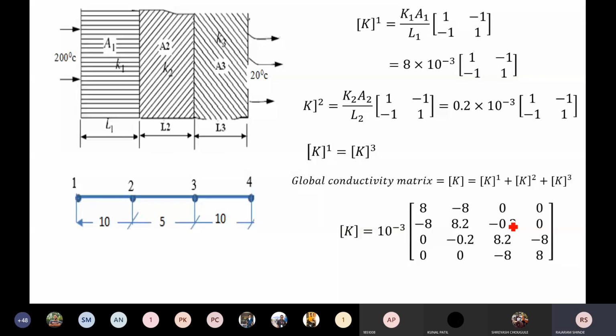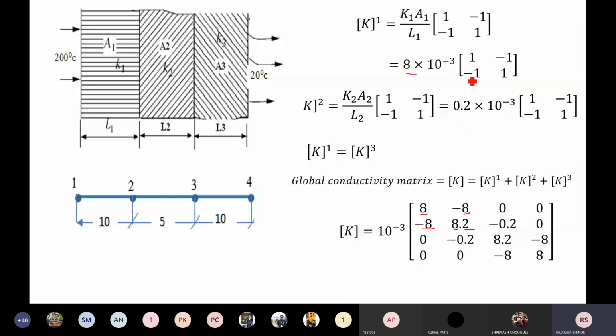Whether it is correct or wrong, Akshay? Yes, sir. Correct, sir. Yes, I will explain again here. You see here, this is element number 1, this term. Now at this location, node number 2 is connected by two elements, 1 and 2. Therefore, there are two terms at this location, one related to element number 1 and one related to element number 2. This point 2 is from element number 2 and 8 is from element number 1.